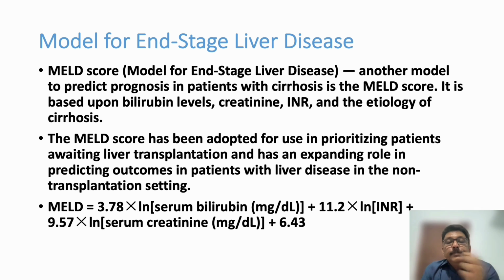serum bilirubin plus 11.2 into INR plus 9.57 into serum creatinine plus 6.43. So if you have the bilirubin value, INR value and creatinine value, with regular medical calculators, you can calculate the score and you can understand what the prognosis of